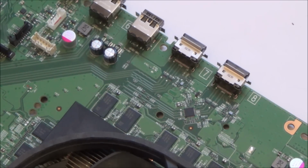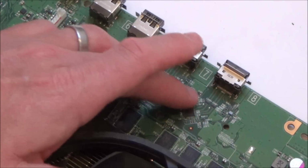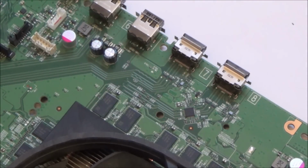I think what I'm going to do here is a bit of research on YouTube because I can't really see anything wrong with this. I can't see anything wrong with anything. It'd be different if this was all mashed up here, but it doesn't look to be. I could try,